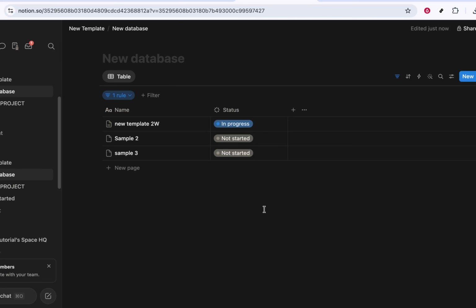Finally, check the boxes of the status options you want to show. For example, you might only check In Progress and Blocked to focus on active work, or just To Do to see what's coming up next. As you tick these boxes, you'll see your database instantly update, hiding anything that doesn't match the statuses you selected. You can adjust these at any time and even combine them with other